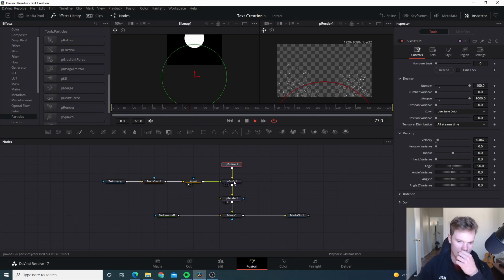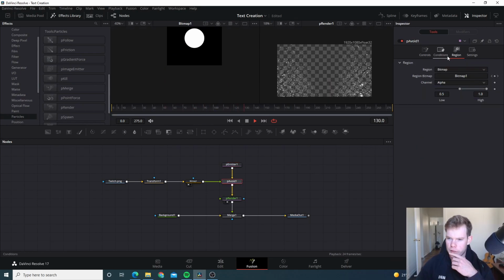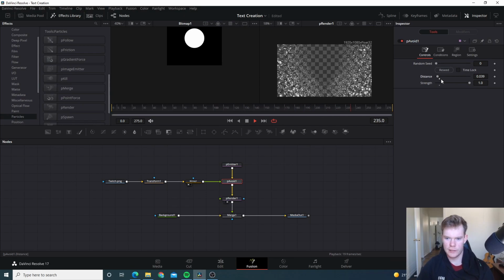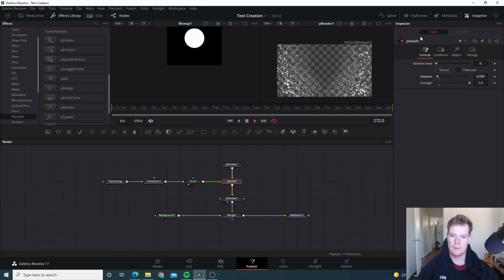So what I'm going to do now, and I'll just show you this avoid. So if you look at controls, I haven't really played with this too much. If I decrease the distance, which is, I believe, the distance from what you're saying it doesn't need to go around, then I think the particles are going to get much closer. You see that? So you can play with this control to see how close to the image it will be before it avoids it, how close to the input. Strength obviously